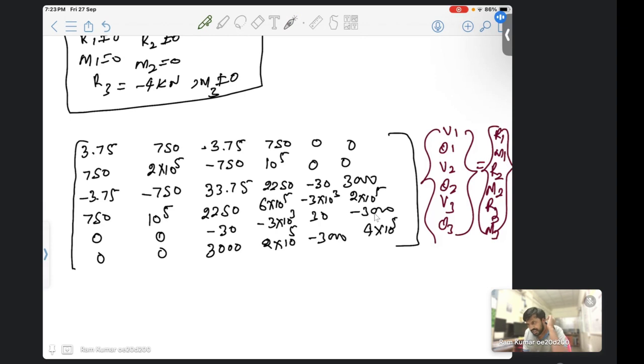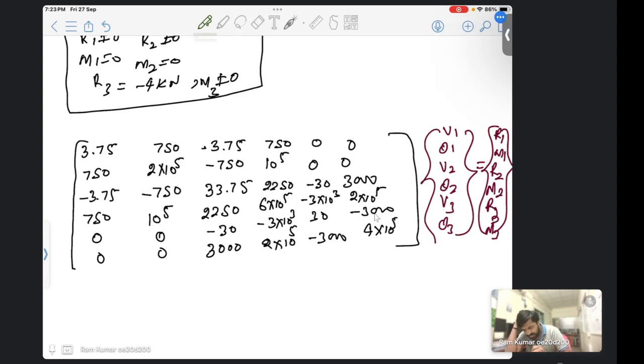Given the boundary conditions defined at B1, B2, we have to remove the respective node and the respective row and column. So what will remain? So we are going to remove